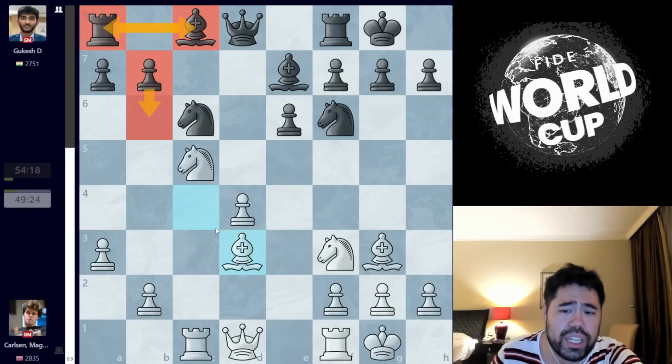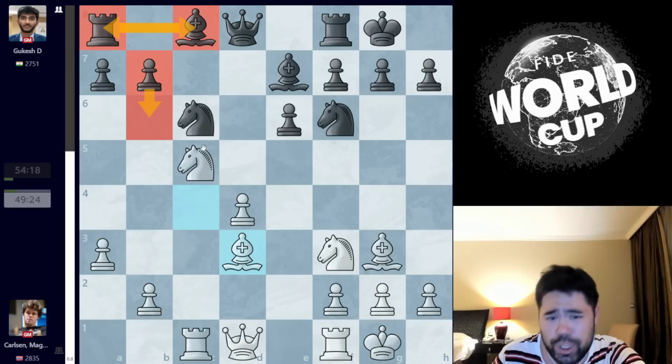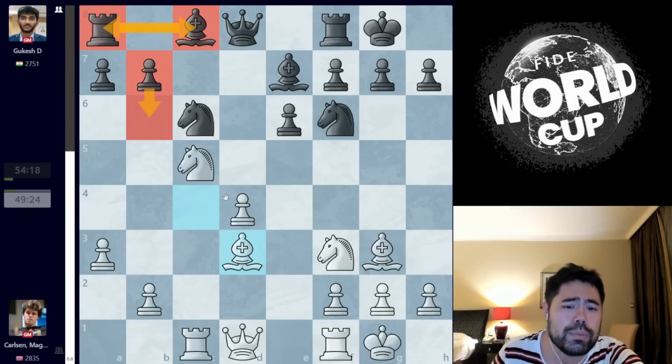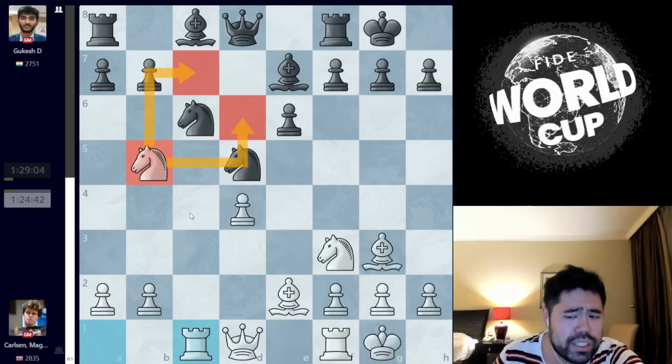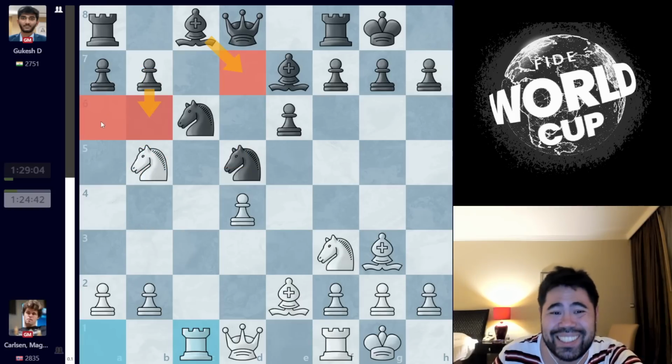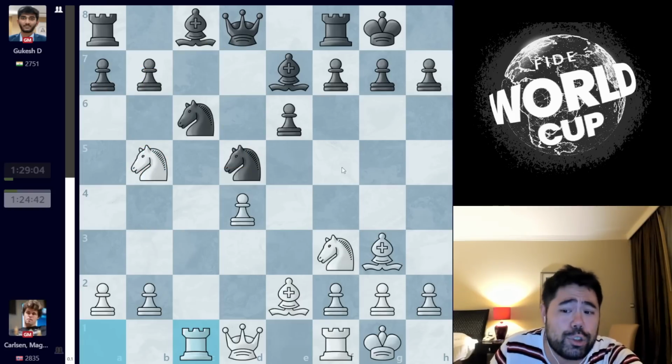Now, it's also worth pointing out that Gukesh has moved his queen a lot of times in the game. He's moved his queen, I believe, 7 or 8 times already, and we can compare this with an earlier situation, so let's take a look at this position. In this position, White has his knight on b5, which is not very well placed. It can't jump to c7 or d6 here, and it's probably just going to have to retreat to c3. Black has ideas like bishop d7 or b6, etc. And so it seems like black is doing fine.